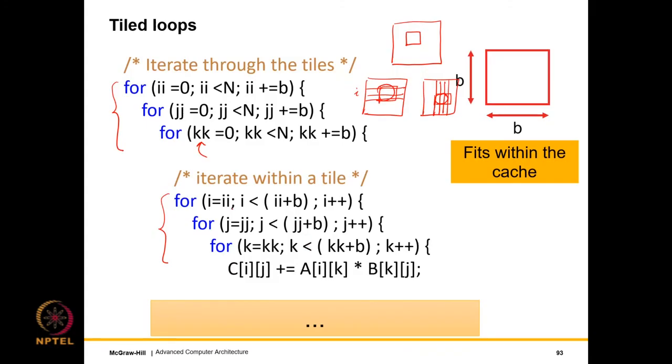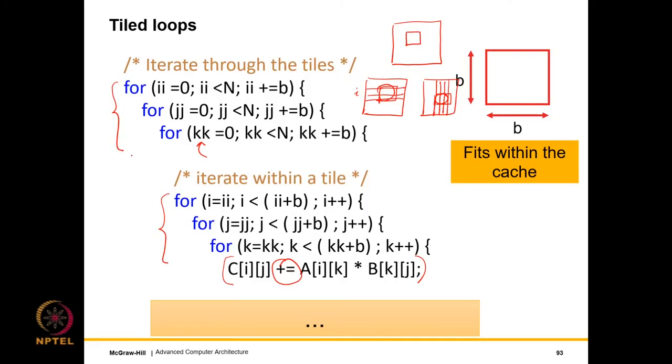So just look at the three iterators. We are iterating from II to II plus B, JJ to JJ plus B, and KK to KK plus B. Once that is done, what do we do? Well, once that is done, we have the exact indices I, J, and K. We perform the multiplication. So of course, note the plus equal to sign. The multiplication over here is just adding to the partial sum, which is Cij. So once all the additions are done, you can say Cij is complete, and that would happen once we consider all the relevant tiles.